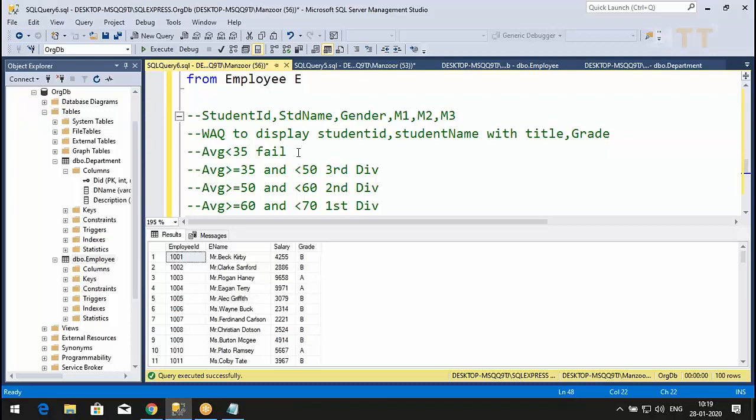Second, employ whatever the queries we have done. Third, this is the student query. This is fine. Tomorrow you can do one thing. Once I discuss that IT workshop management, you can design that database. That will be more meaningful. Hope you understood. Are you confused? Practice whatever we have done today and do this